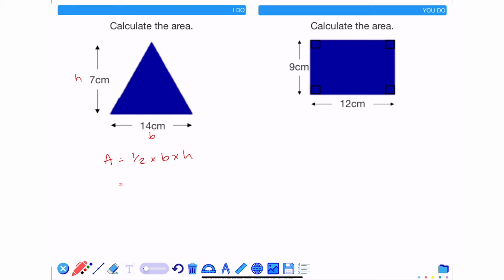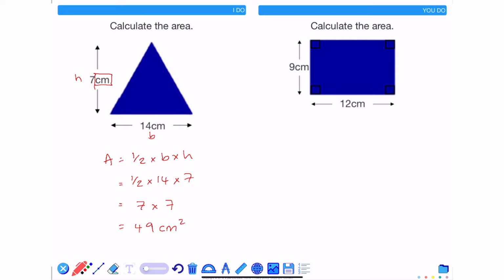Substituting in the information, I get a half of 14 times by 7. So mathematically for me, it's much easier to half the base, which is 7, and times it by the height. This gives 49, and the units, because the triangle is measured in centimeters, will be centimeter squared, because we're dealing